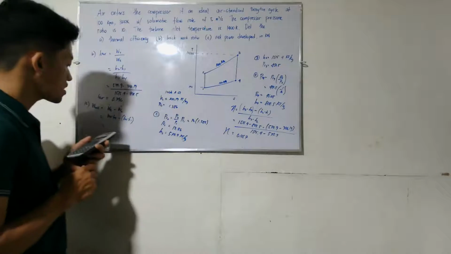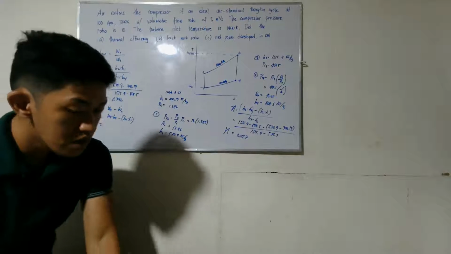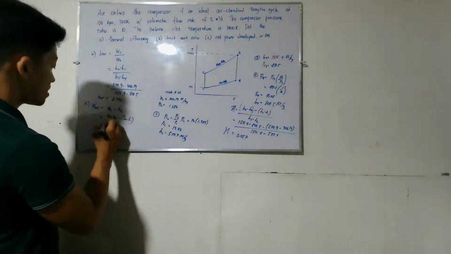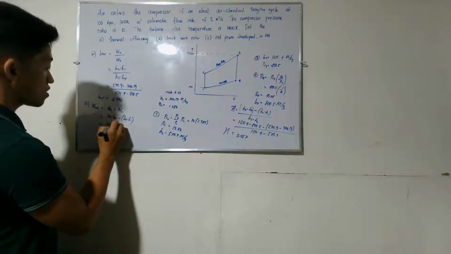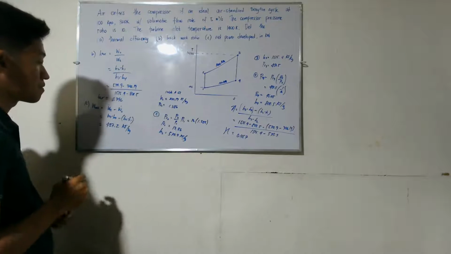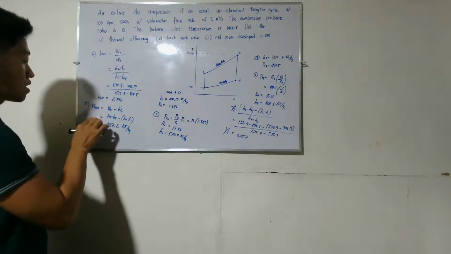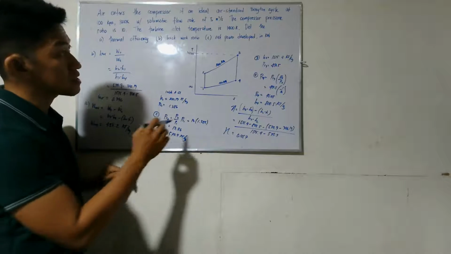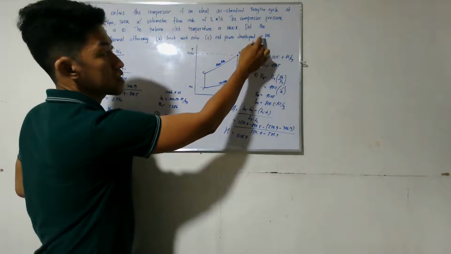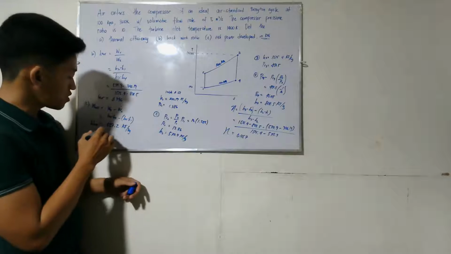Okay, so the net work is 407.2 kilojoule per kilogram. Okay, but since we need to find it in kilowatt, therefore we need to multiply this one by